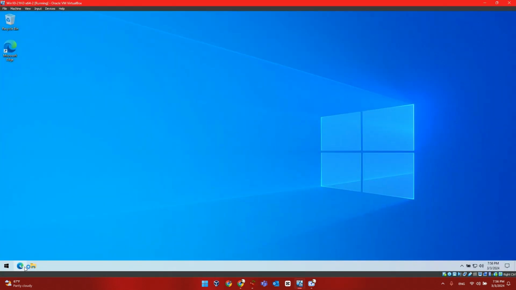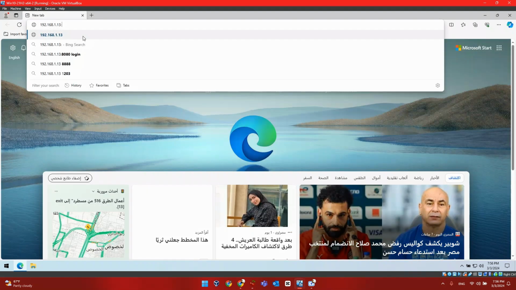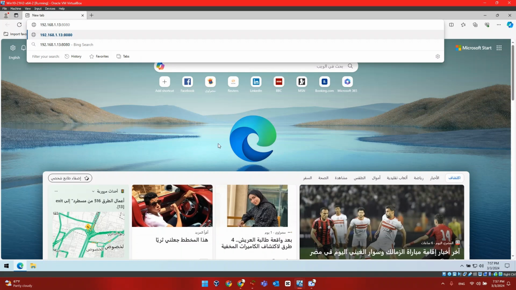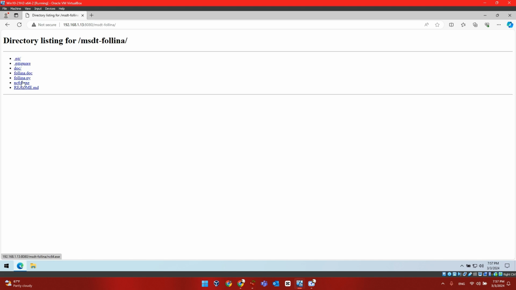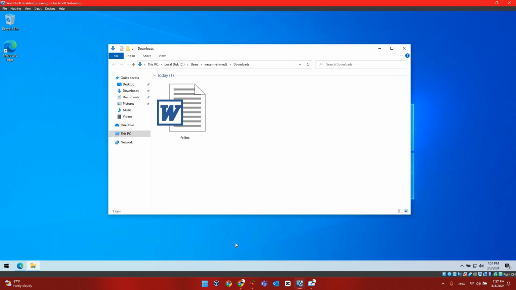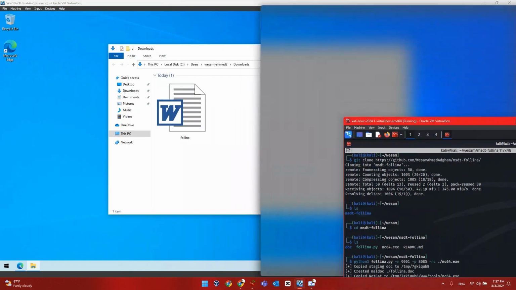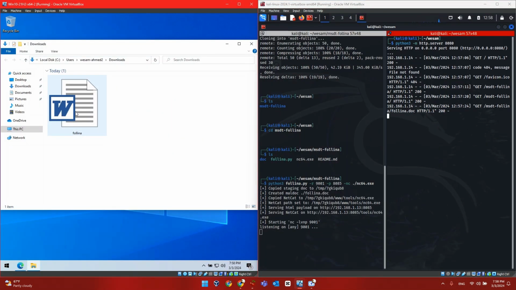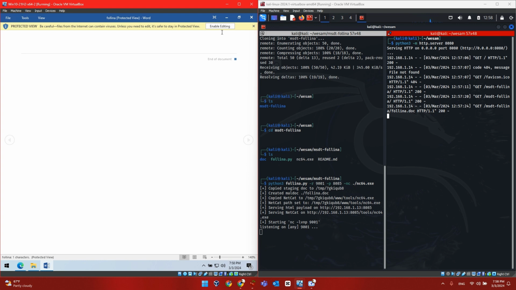So back to our victim machine. Open the browser. But use my Kali machine IP combined with the Python HTTP server port, press enter, go into this directory, the Follina directory, download the Follina document, file location. Now this is our malicious document. Now open the document. Just enable editing,